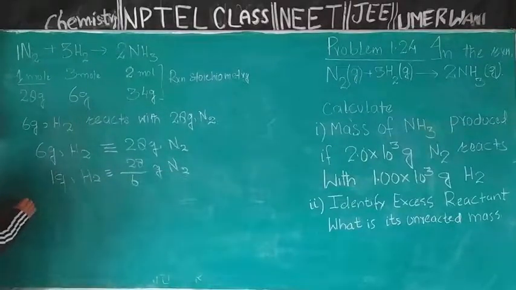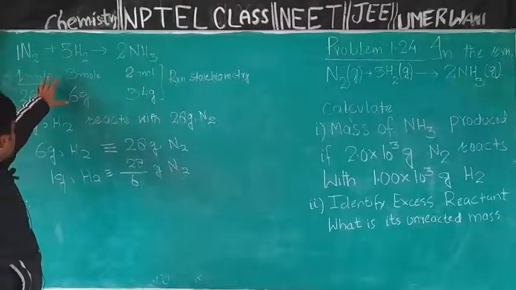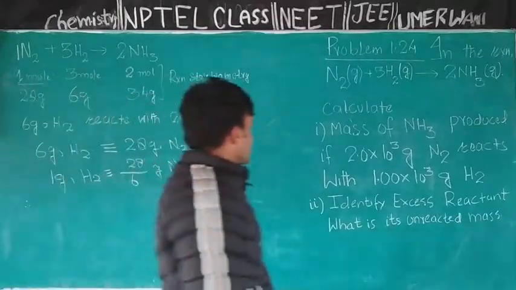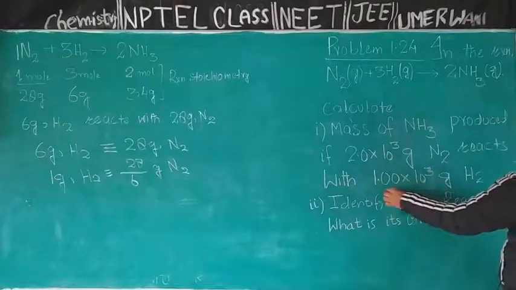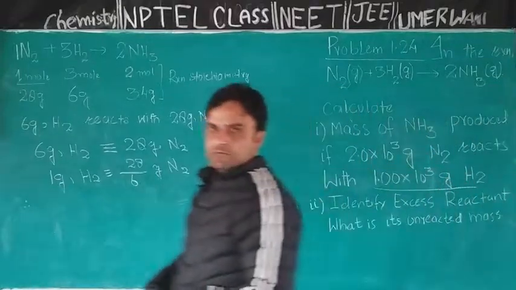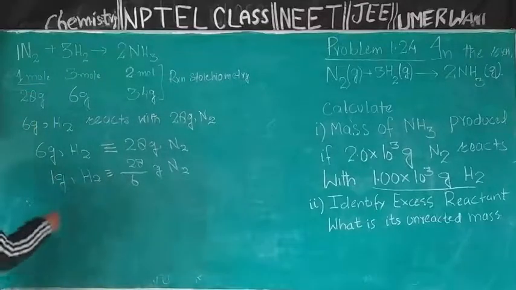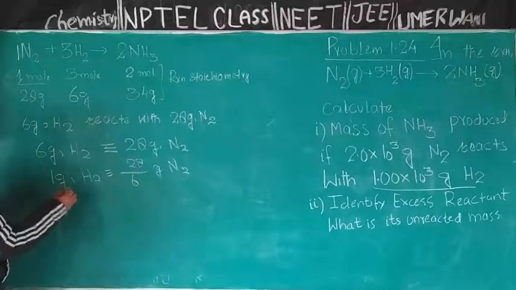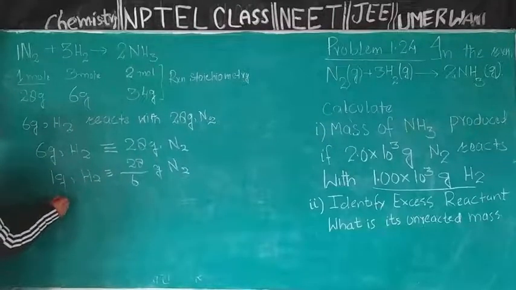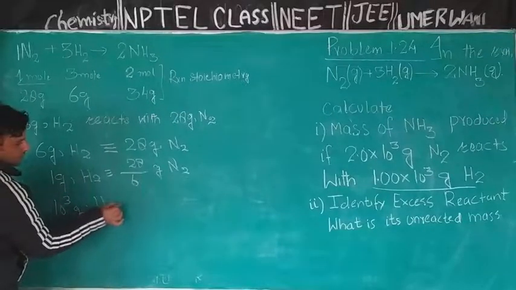Now see with what mass of dihydrogen we start this reaction. In order to start this reaction, mass of dihydrogen which we are taking is 10 raised to power 3 grams. So available mass of dihydrogen is 10 raised to power 3 grams. Now we will find out 10 raised to power 3 grams of dihydrogen require how much nitrogen. 10 raised to power 3 grams of dihydrogen will react with